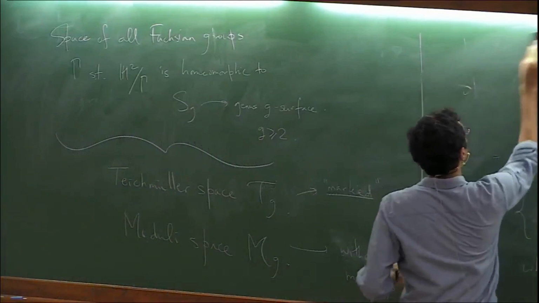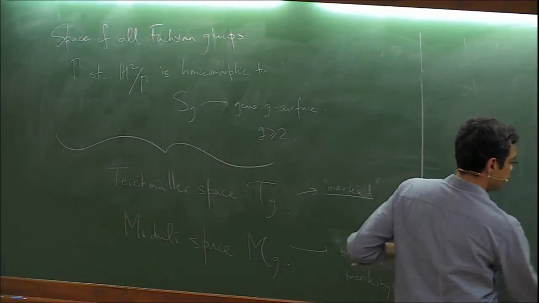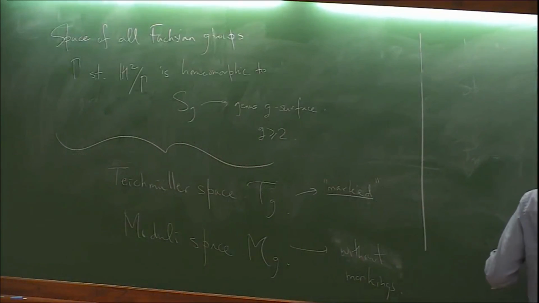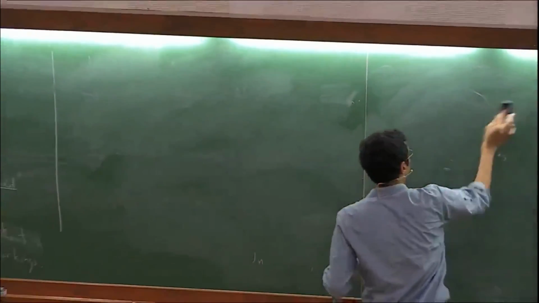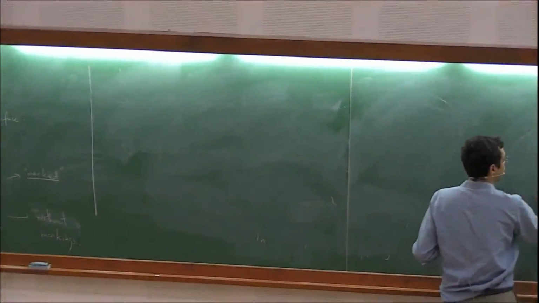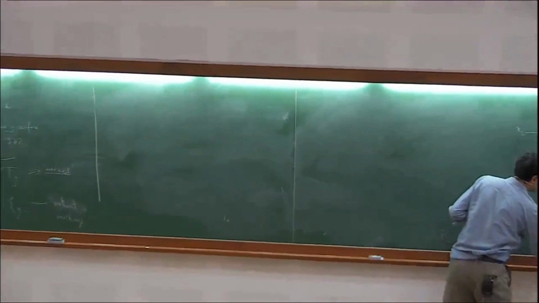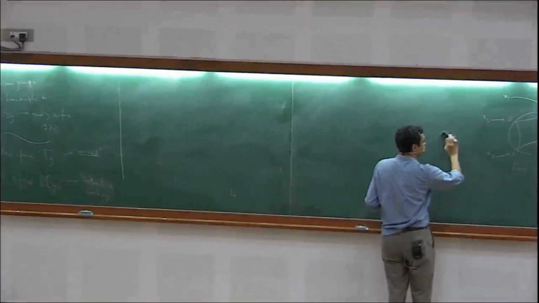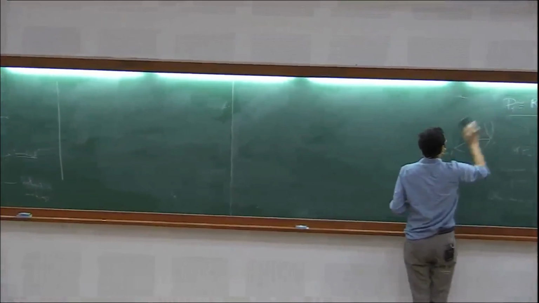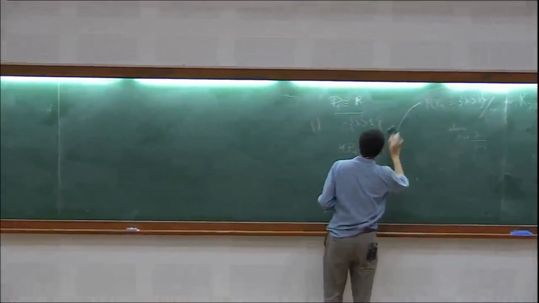So let me now come to one example of an actual Teichmuller space and moduli space. This is the simplest example, namely that of a once-punctured torus, which we've already seen. But now we've seen one example. We'll see all examples of punctured tori. Okay, so